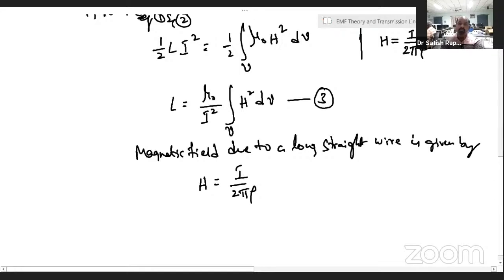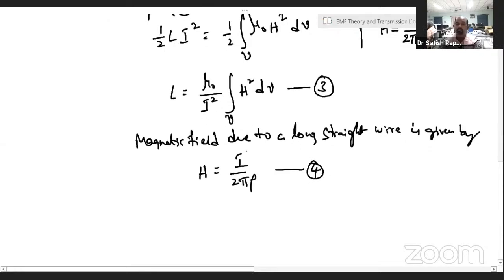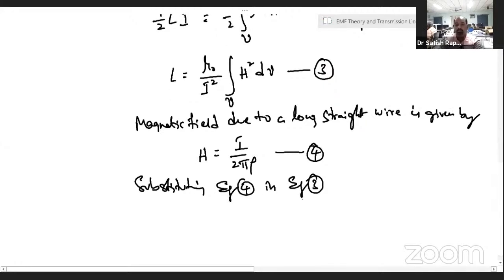Magnitude, I'm not indicating the direction. Let us say this is equation 4, and substituting equation 4 in equation 3, we get